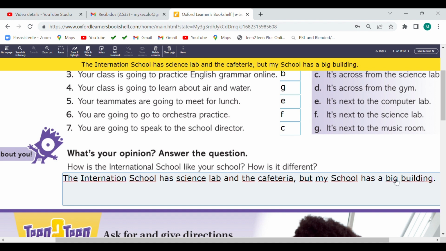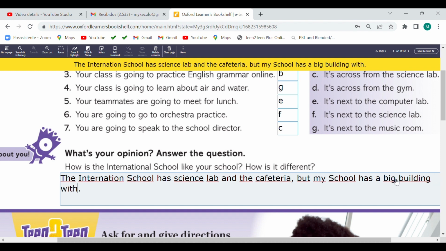Bueno, y nuestro instituto que tiene un edificio muy grande. With nature, ¿verdad? Con naturaleza, pues.